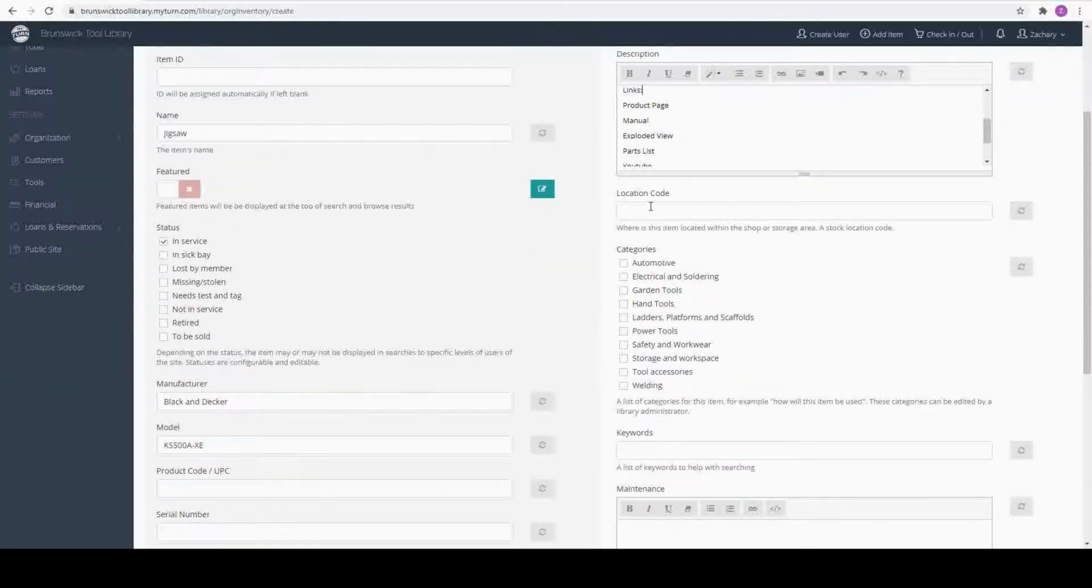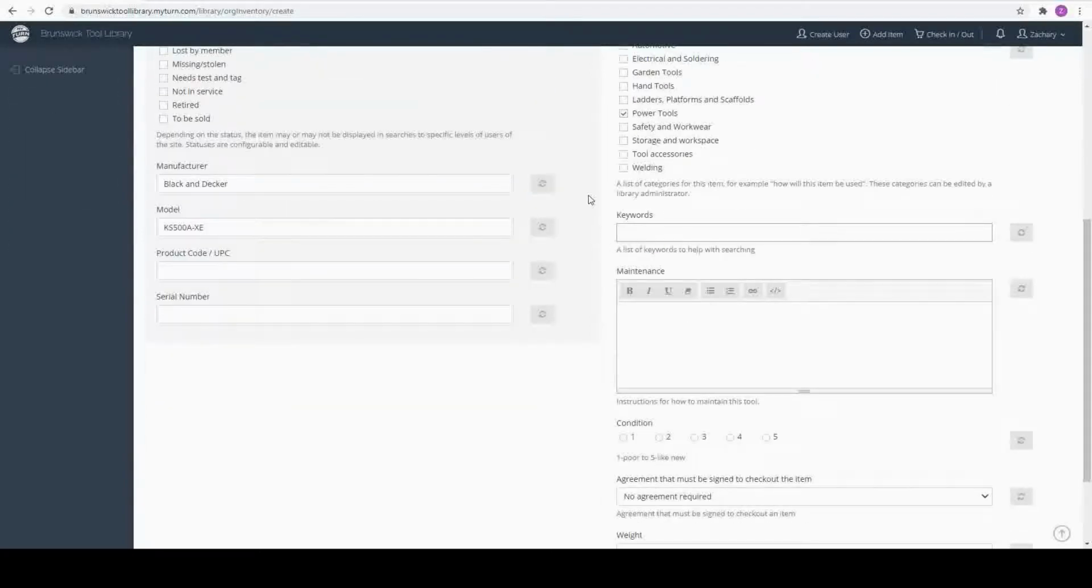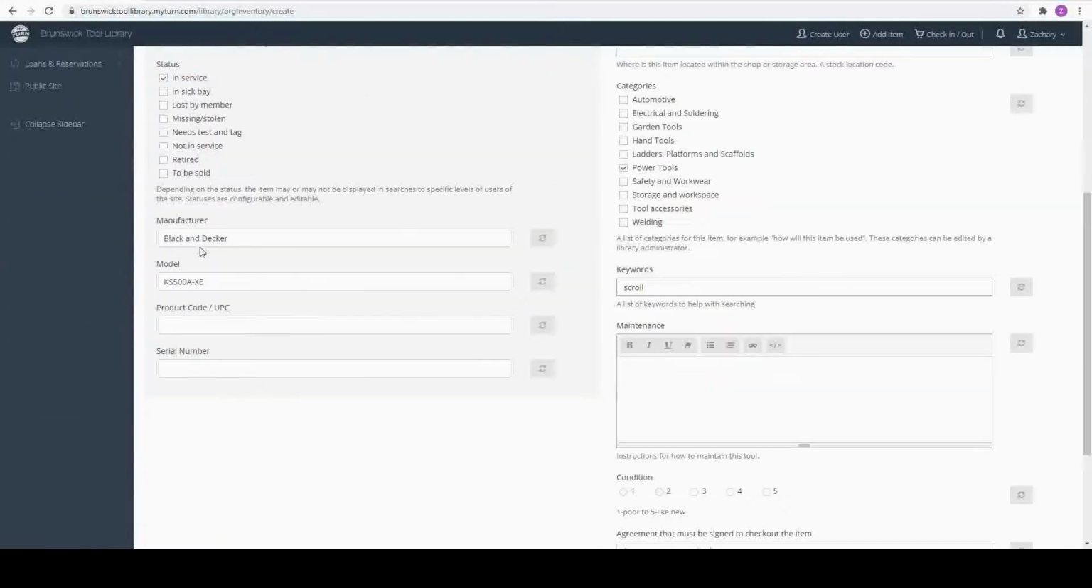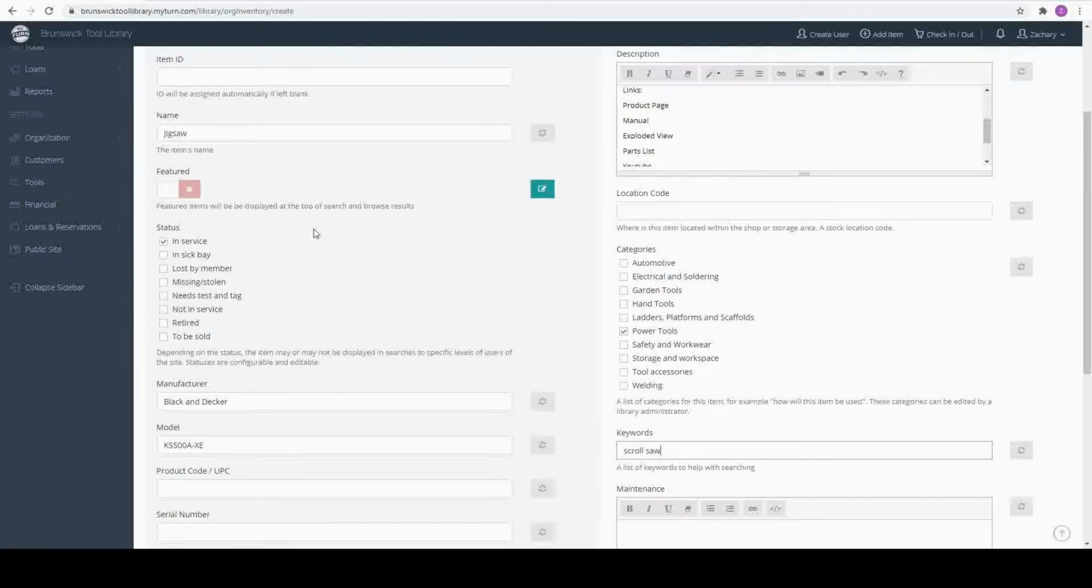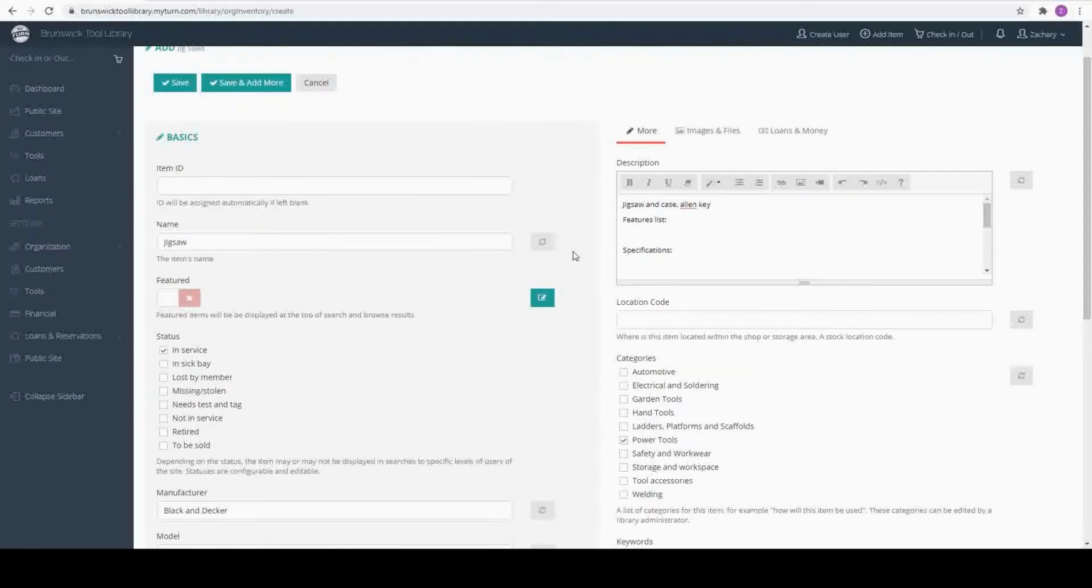Come down here, so location code in this case we don't have to use, and down here on categories it's a power tool, so select the categories that apply. Could be garden tool as well. If it's a chainsaw, for example, that's power tool and garden tool. Keywords is anything else that people might use to refer to the tool, so maybe like a scroll saw or something like that,